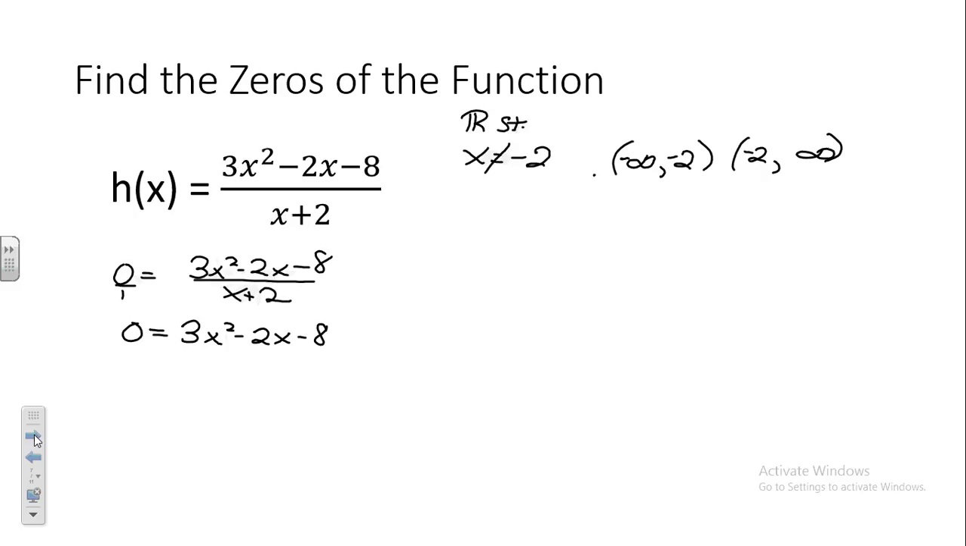Now what do I do with that? We factor, exactly. And this is a little more difficult because it has a leading coefficient of 3, but not impossible. So what are factors of 3x squared? 3x and x, yep. Now we have to think about factors of 8 that in some combination are going to eventually